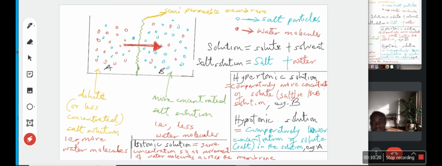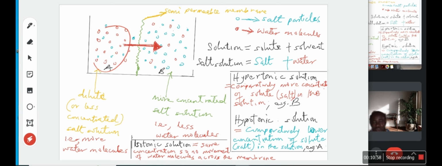Now, can you explain the practical? That's the practical I'm explaining now. You're even going to see it in the question I will give you immediately. I want to give you another scenario. Let's say B is now the potato chips. B is now the potato chips. So B has more what? Salt molecules, particles, and fewer water than A, and A is now the solution